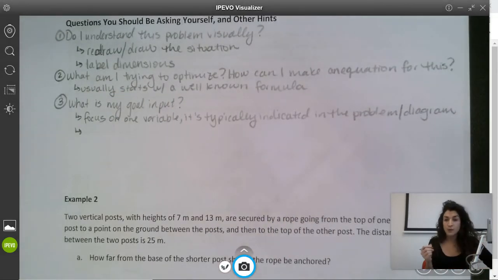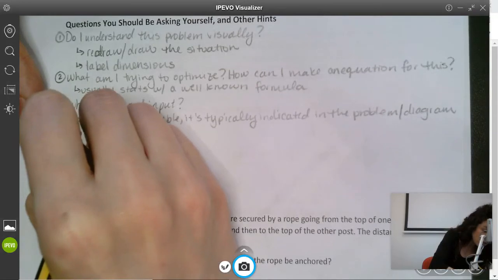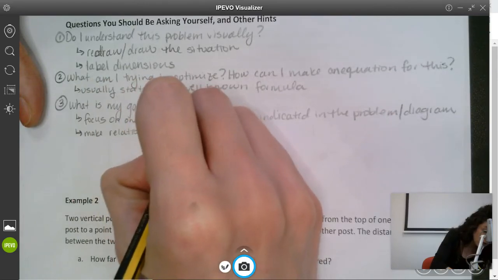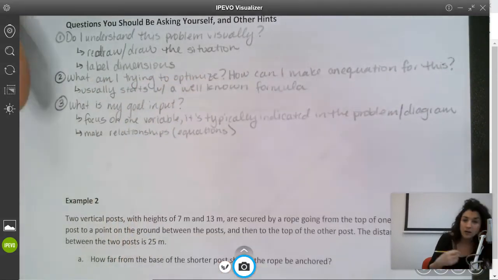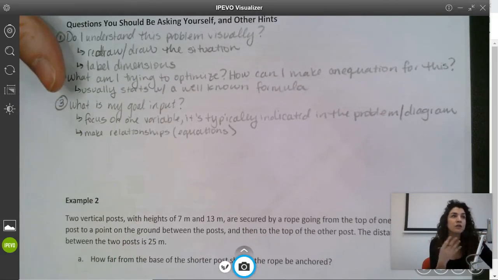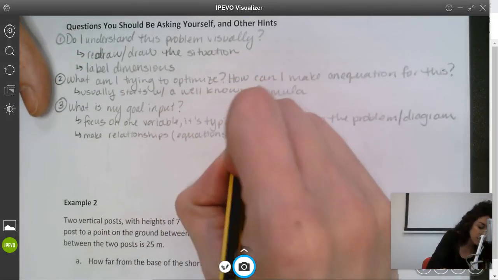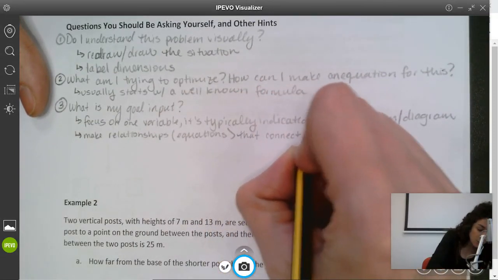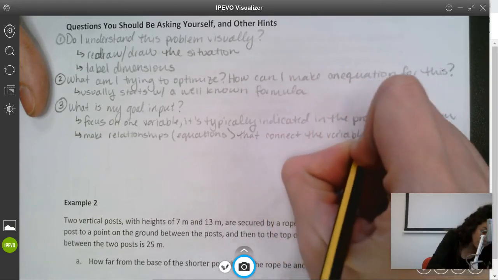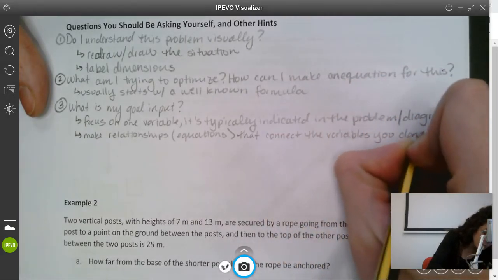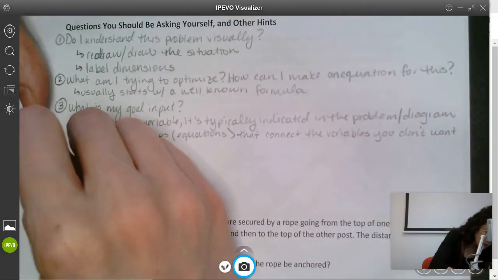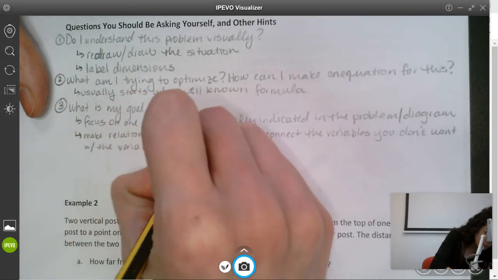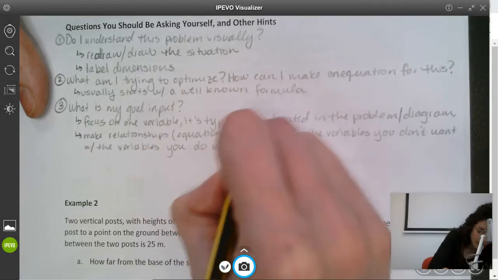Once you figured out what your input needs to be, you need to make relationships, which are equations, right? Equations or formulas or functions that connect the variables you don't want with the variables you do want. This is where we do substitution,